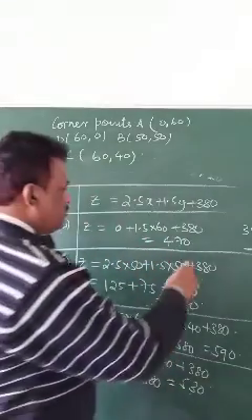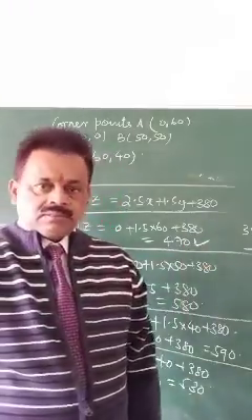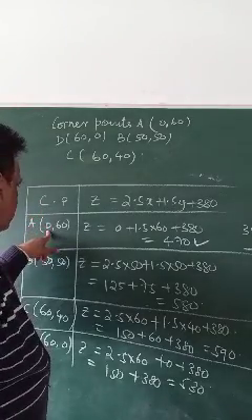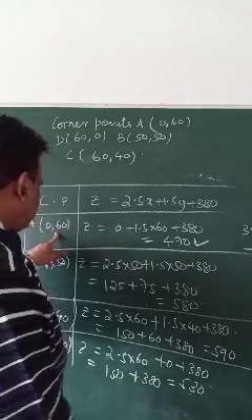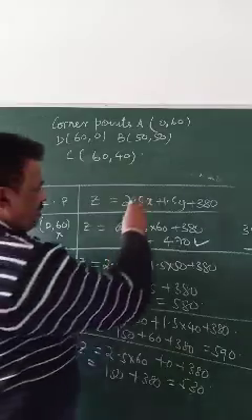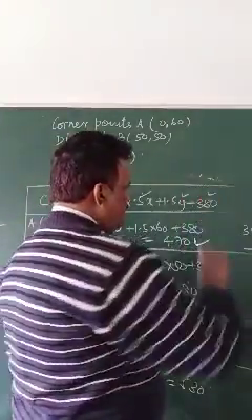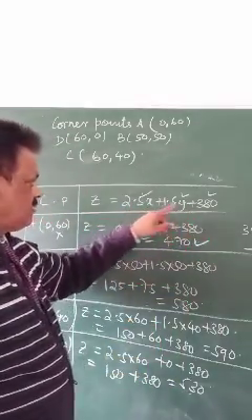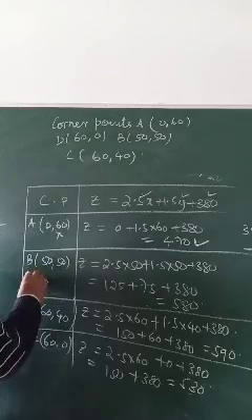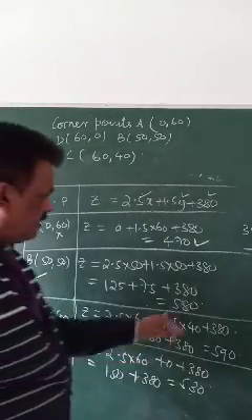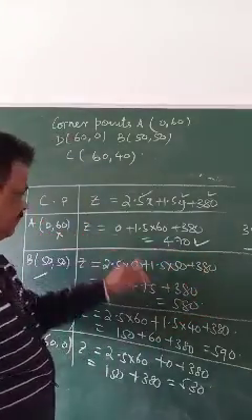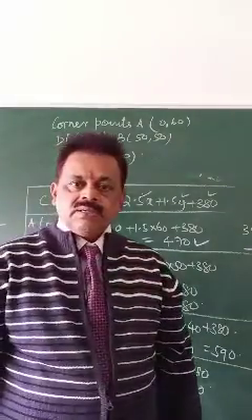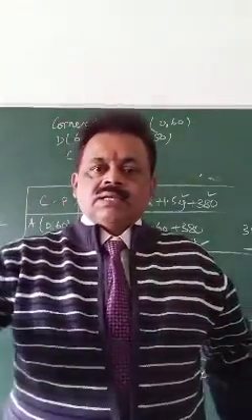Actually, minimum cost is which one? This is coming, na? Minimum cost is 470, and x transportation is 0, y transportation is 60. Actually this will not be valid. So we might have done some mistake with this calculation. See, there is a problem with the board. You are rubbing it again and again. So you check it. Z is how much? I think either this will come or this will come. That you can find out, because this should not be the answer. Either this one or this one should be the answer. Okay, so this chapter is finished. Next class we will start revision.